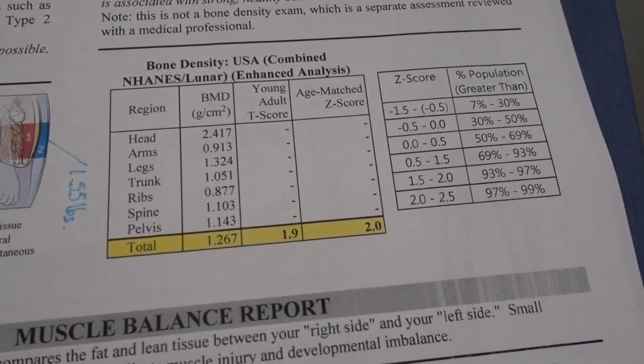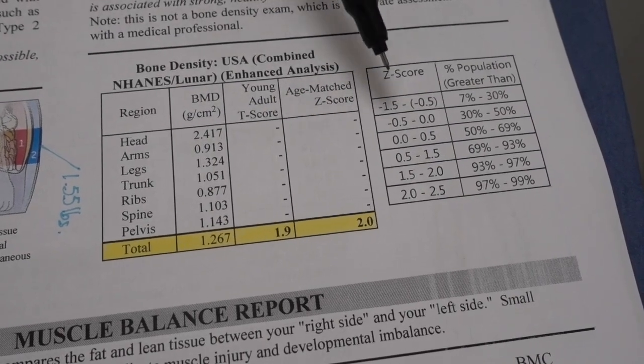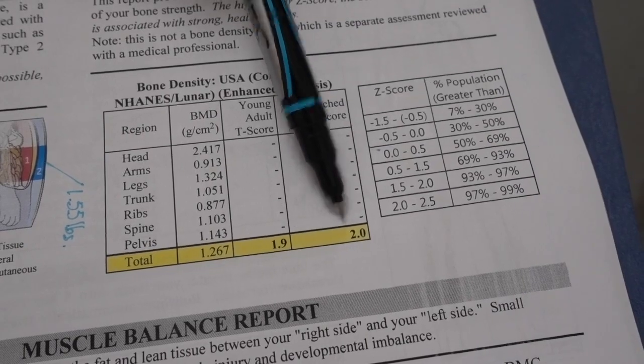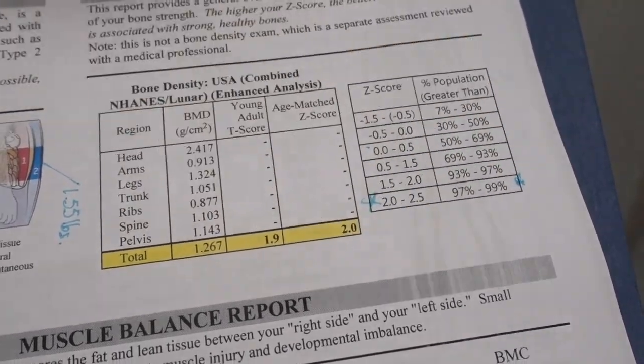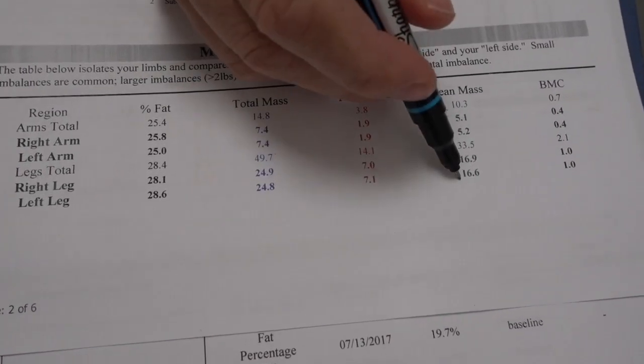Bone density. You just had a full body DEXA scan. We use the database from NHANES. So your bone density is compared to other women, your age and ethnicity. 0 is the average bone density, and your Z-score is 2. So you have excellent bone density. Awesome. Looking good. And your muscle balance report, we're looking at the lean tissue in your arms and legs